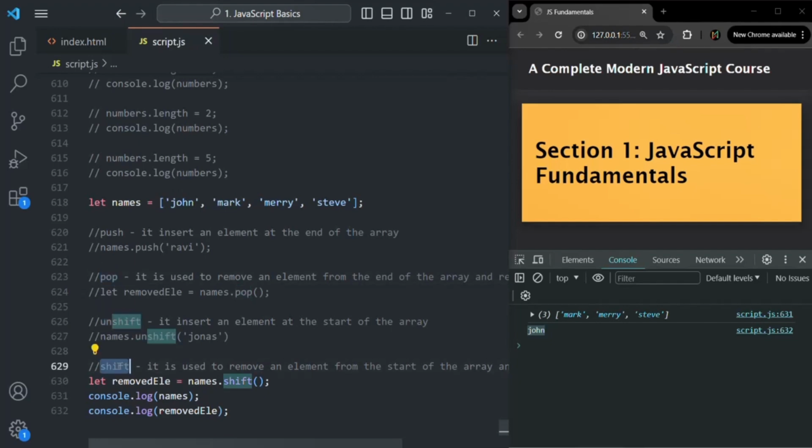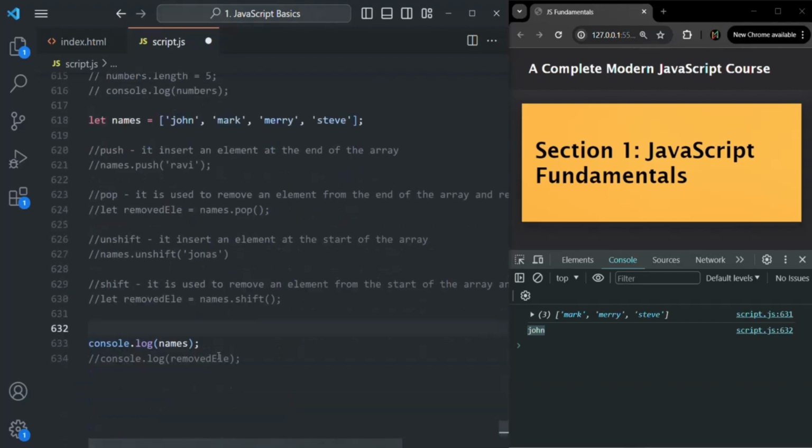element from the array. Also remember that the push and unshift methods can be used to insert multiple elements at a time. Here at this line, we tried to insert only one element, but we can insert multiple elements using this push method. So for example, let me again comment this line. Okay, and let's also comment this console.log statement. So here, before we are logging this names array, what I will do is I will say